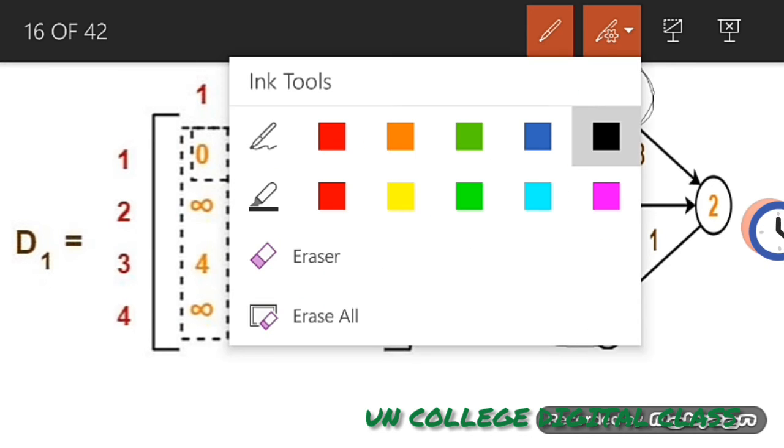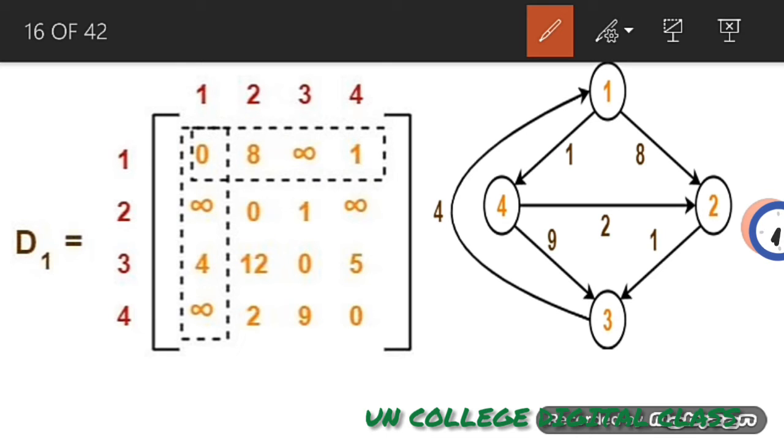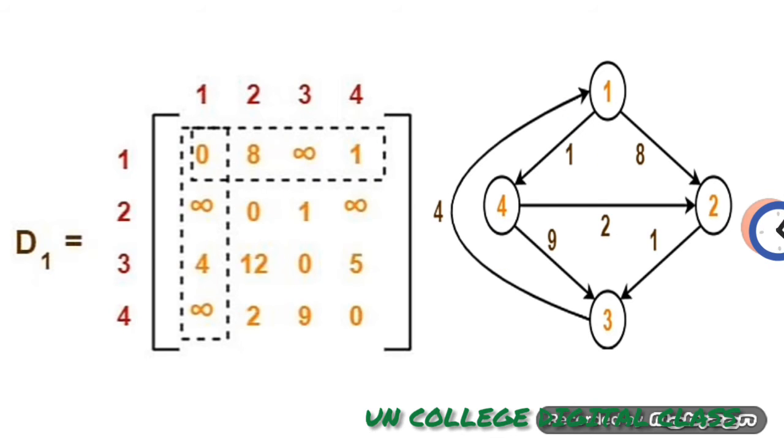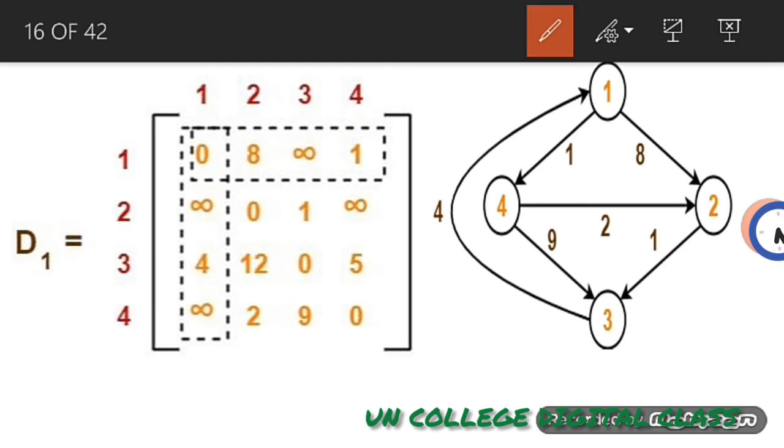Now we will move towards the last row, that is 4. Let me show you the previous initial matrix, that is infinity 2 9 0. Okay, infinity 2 9 0, it is as usual. Let me explain it how. 4 to 1 is infinity. Here we need to use 1 as intermediate vertex and there is no direct connection. As usual it will maintain the value as in the initial distance matrix.